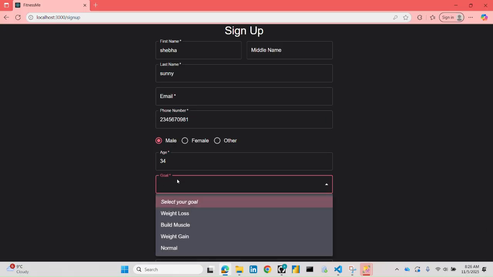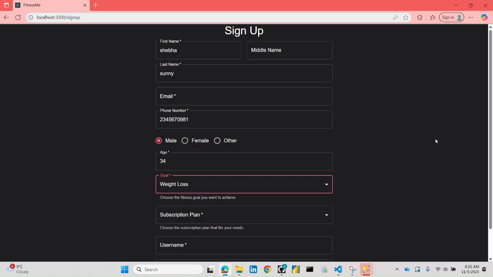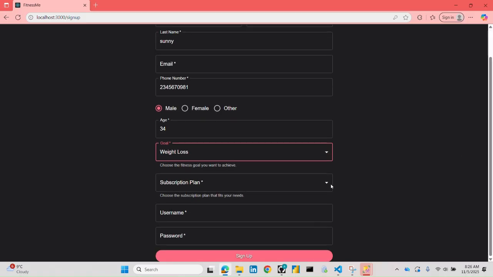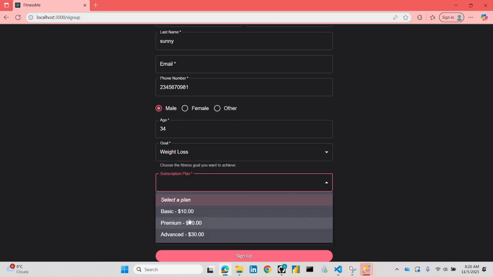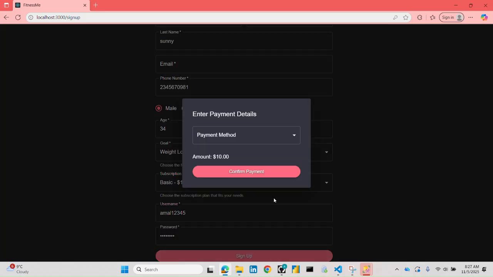You can see there are some goals, which is a list fetched from my database, so I can add more goals in the future. So let's say the draws subscription plan. Right now I am using only one level of users, but in the future I will be changing it. If I click sign up,